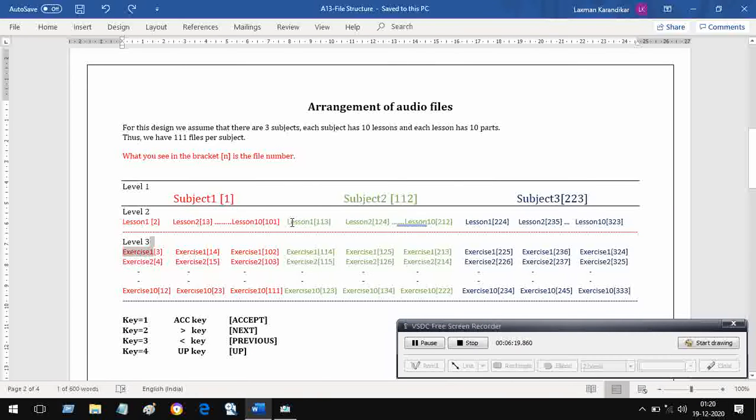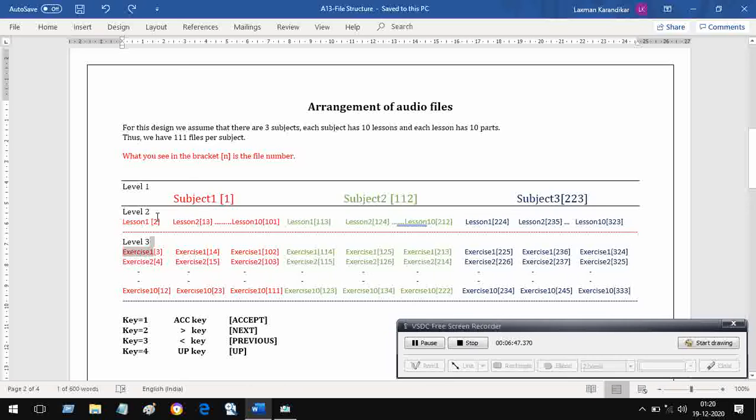Level 2 is this, and location 2, this is the address, that is location address. This was 1, now it has become 2 because we have accepted subject 1. So when we were at subject 1, we pressed the accept key, and therefore subject 1 has been accepted, and therefore you automatically go to the first lesson of subject 1, and the address of that is 2, right?